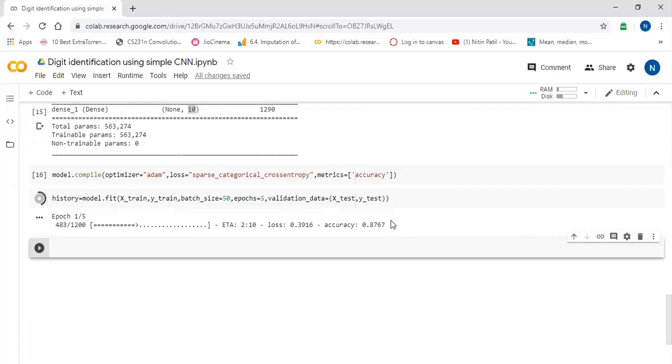You can see model accuracy is around 87. Now I will pause this video for some time because it will take more time to train. Once training has been completed, we will resume.